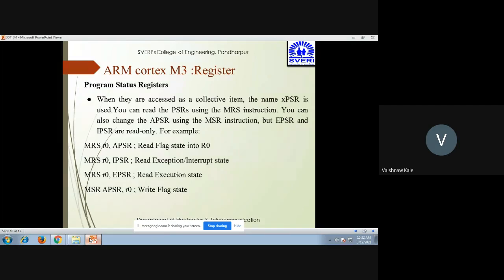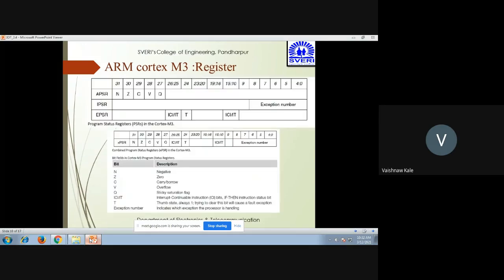One is APSR, second is IPSR, and third is EPSR. APSR can be read as well as written, whereas IPSR and EPSR are read only. So you cannot write into these registers, but you can read and write in the application program status register. In this way, the program status register can be understood.